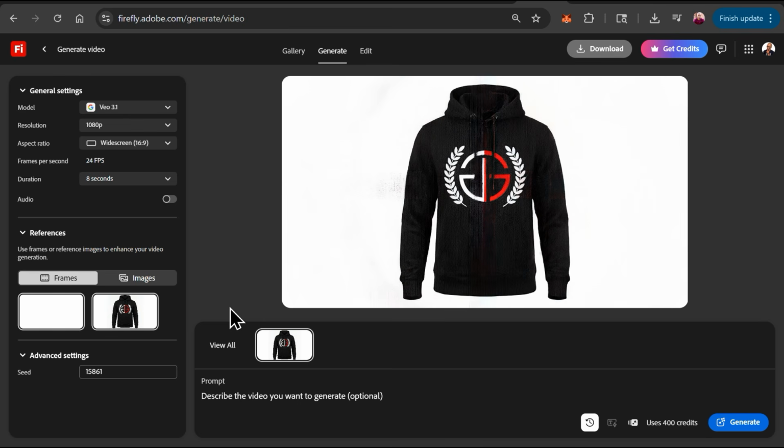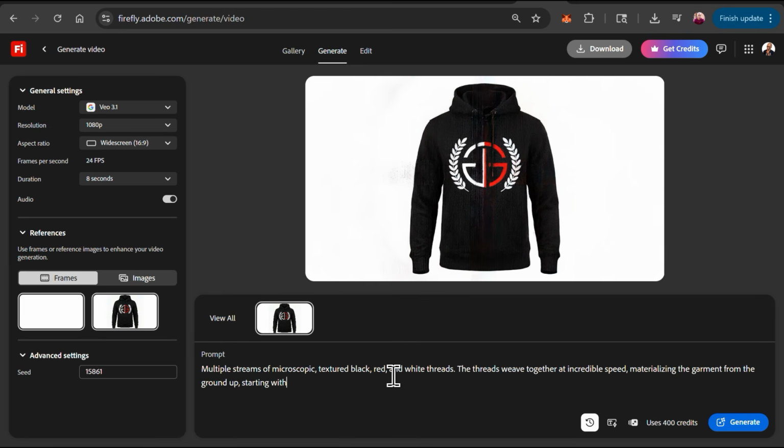But how it transitions is where we come in. Using text prompts, we can have AI make our video transition in pretty much any way that we like. So to test this out, let's go down to the bottom and add my text prompt. I want to see what the AI is really capable of, so let's see if it can do a pretty complex transformation. For my frame-to-frame transition, I want it to start with the blank white image, and then have all